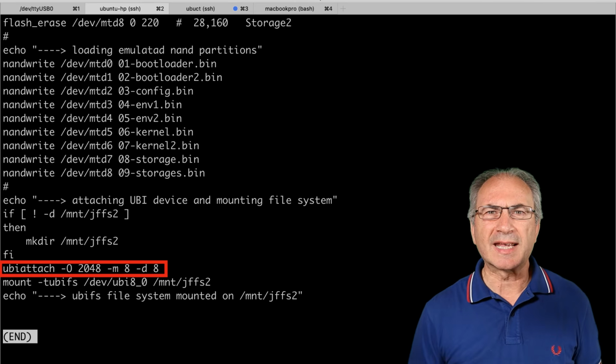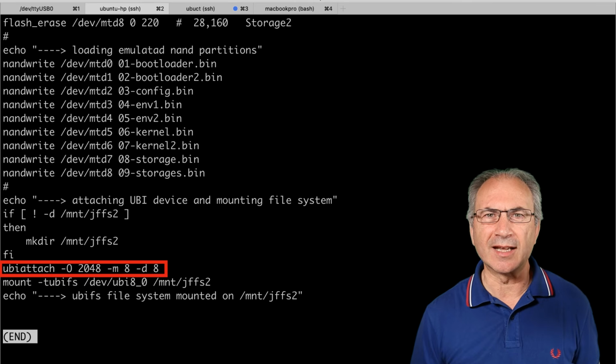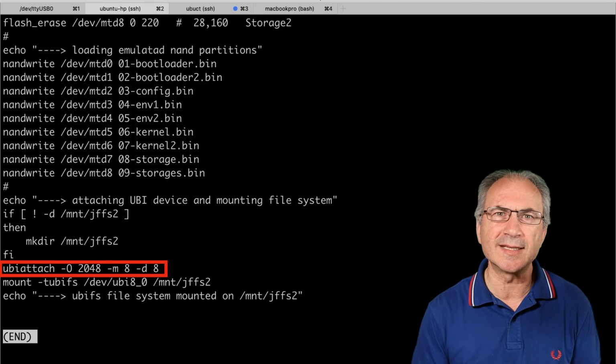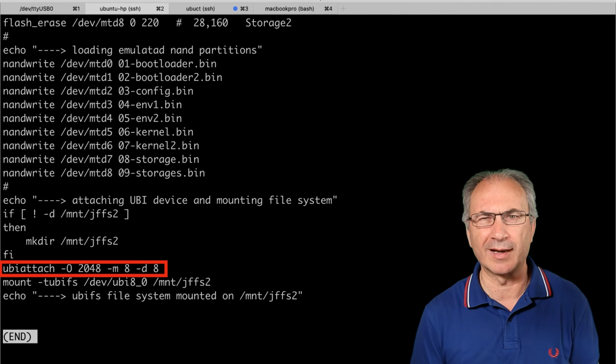The -O option specifies the VID header offset. If you put a wrong value, you will receive an error, usually indicating the right value. Anyway, you can try with different values like 512 or 1024 and similar values until you find the right one.